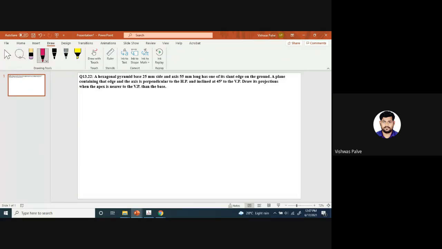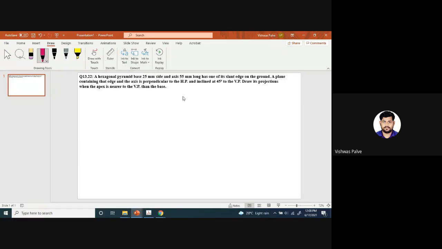Is my screen visible? Yes, sir. Actually, in the previous problem it was just a PPT, and in the actual drawing it will be a very difficult part. So one by one, how to draw it on a plain paper, I'll explain with the help of this slide. Now this problem we are going to solve with the help of scale and pencil. Okay, so let us try to solve.